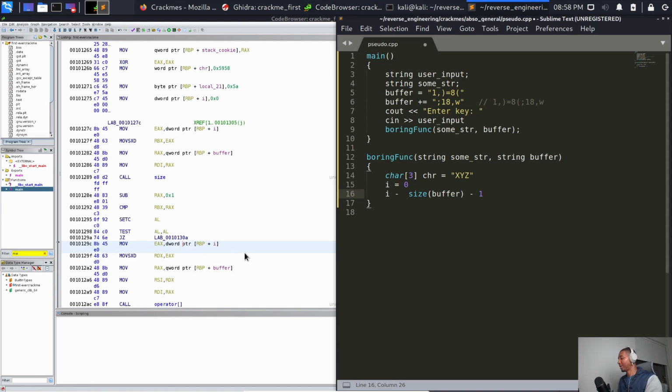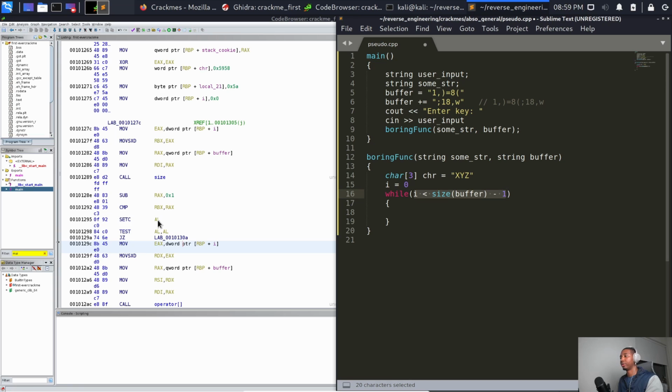So I know that was a lot. I hope that wasn't too confusing. All that boils down to is something like this: while I is less than size of the buffer minus 1, it's going to do this. And I'm using less than, not less than or equal to, because once size and I are equal to each other, the result of this is going to be 0, and so the SETC is going to say, okay,